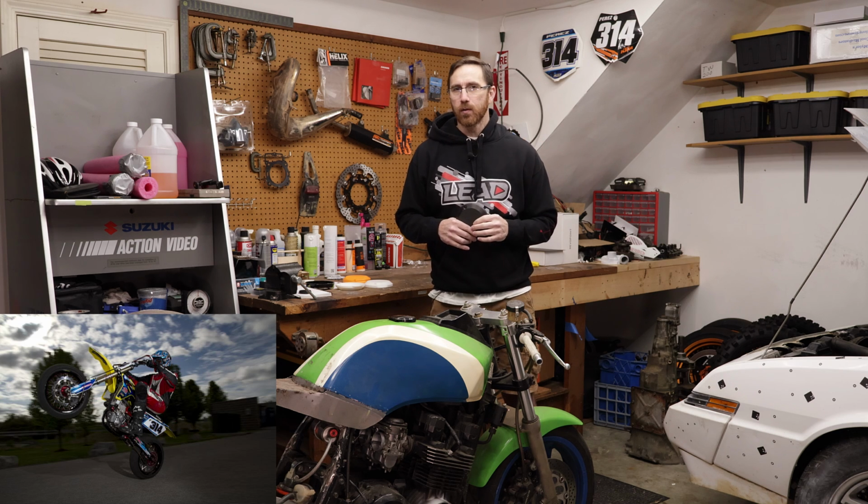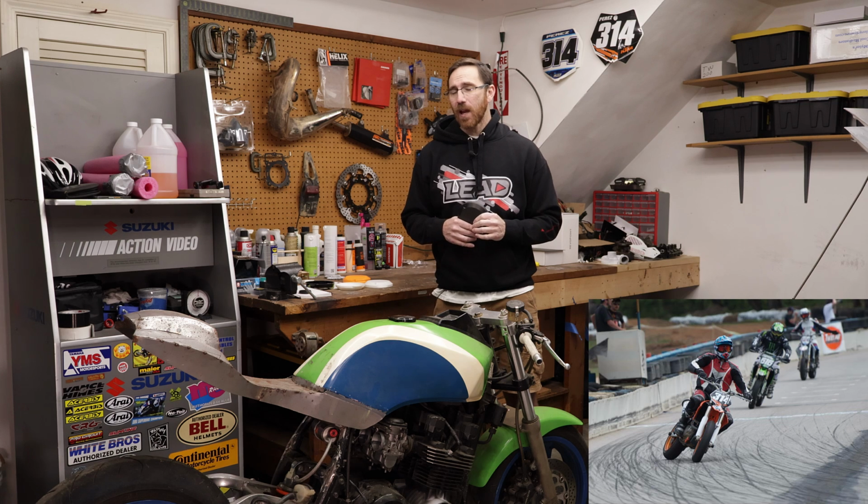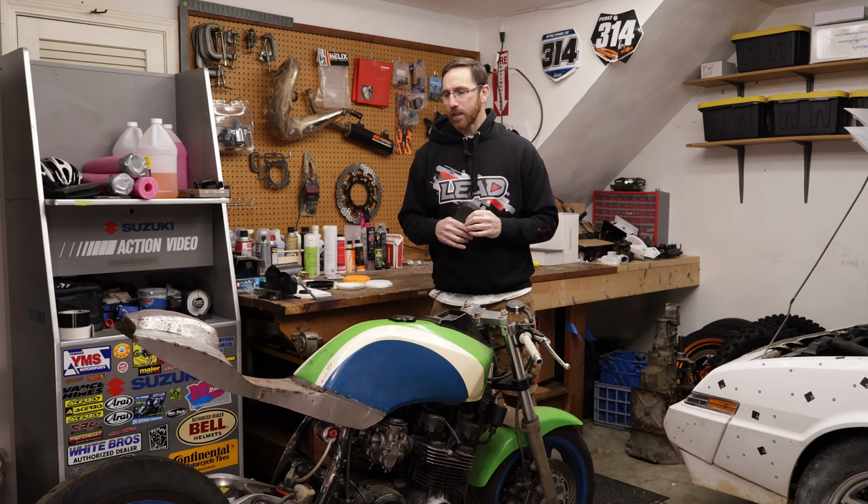Even though Kawasaki made a turbo version of this bike in '84 and '85, which I have ridden, it wouldn't fit into a vintage class. So unfortunately, I ended up going a different direction. I started building supermotos and doing a little bit of racing there. And this bike has just kind of sat, which is sad because I love to ride it, but it just